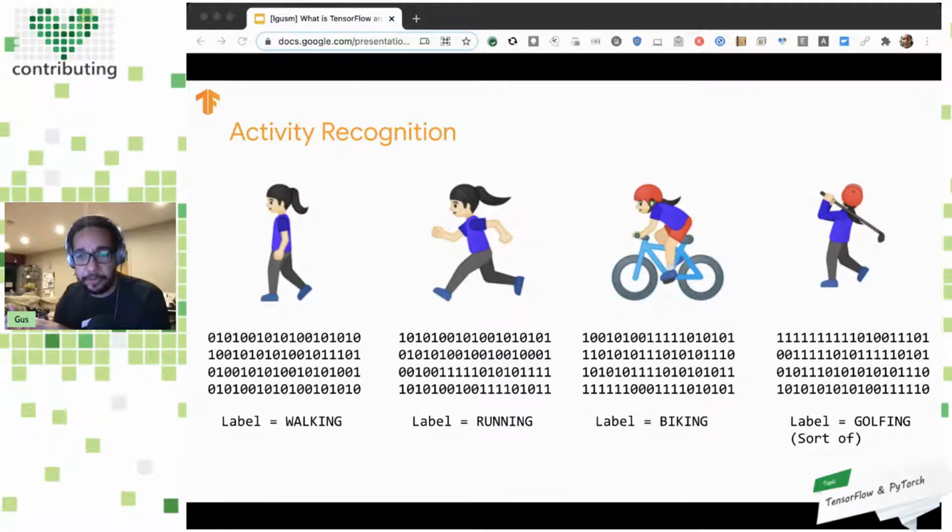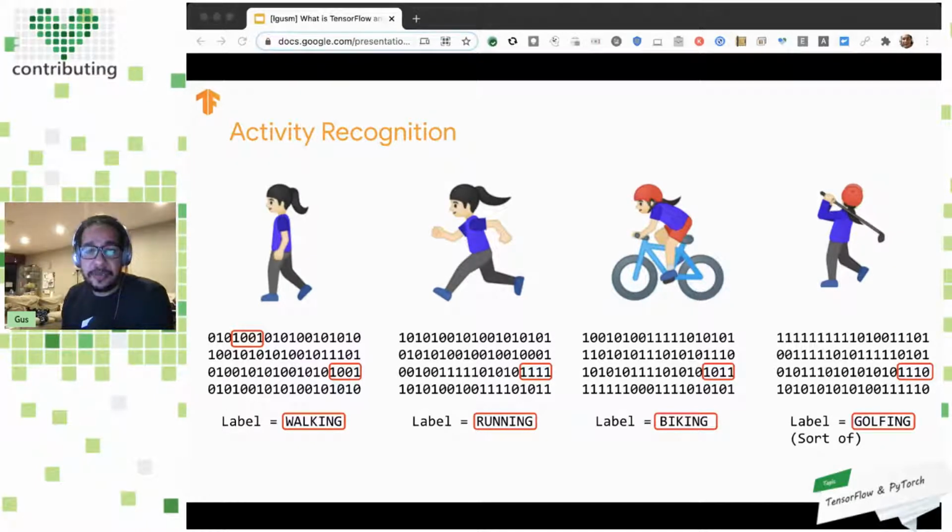So you label that properly, and then you give that to the machine. It will train a model that can figure out that there are patterns in your sensor information that can indicate with certain precision that you are walking, that you are running, or biking, or golfing.